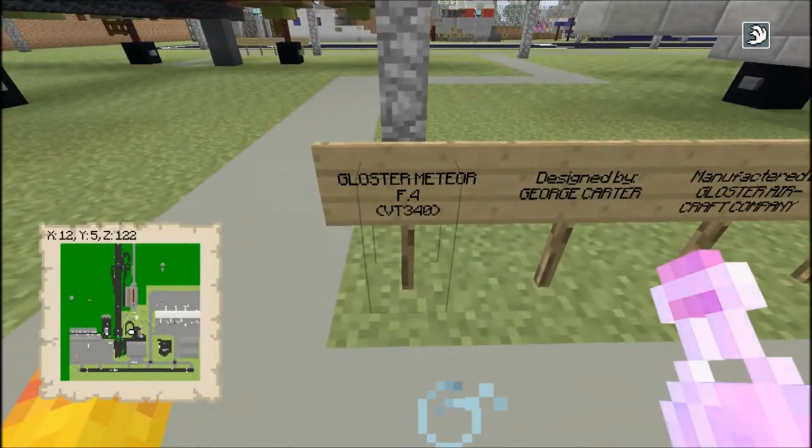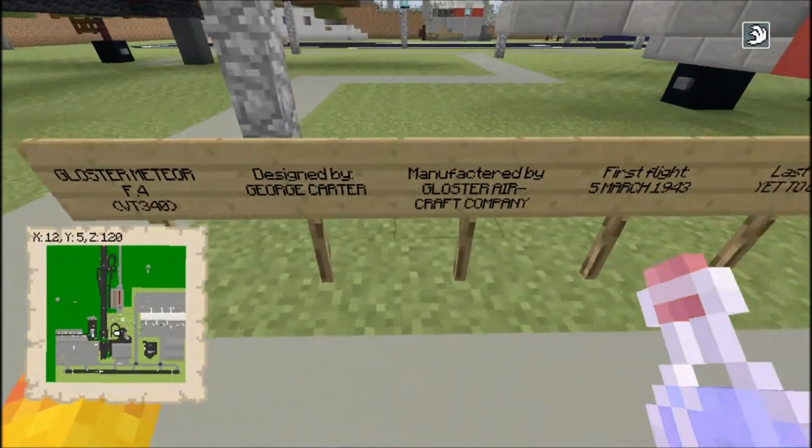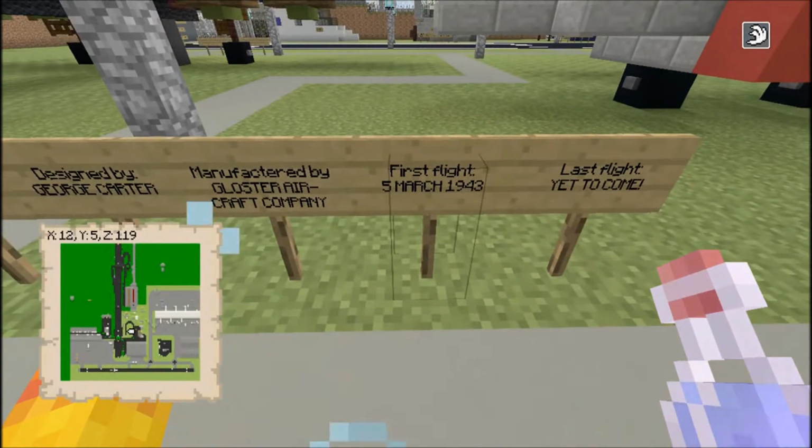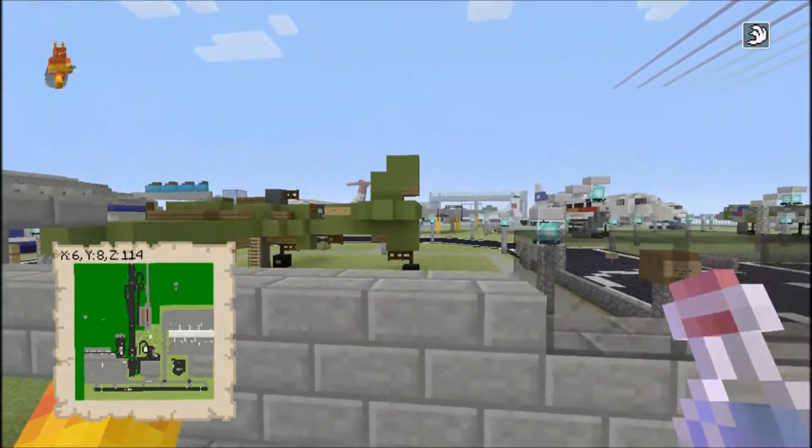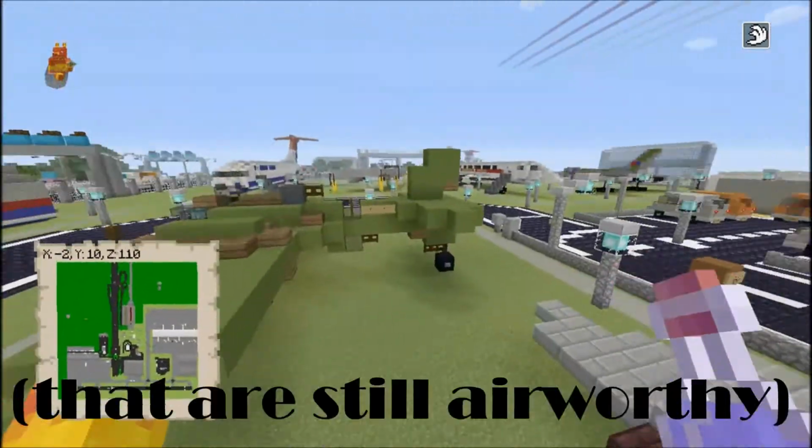here. So yeah, Gloster Meteor F4, which is a Victor Tango 340, designed by George Carter, manufactured by Gloster Aircraft Company. First flight was on the 5th of March 1943, and its last flight is yet to come. Apparently I know they have one here, and they have one in Australia, I do believe. Now this